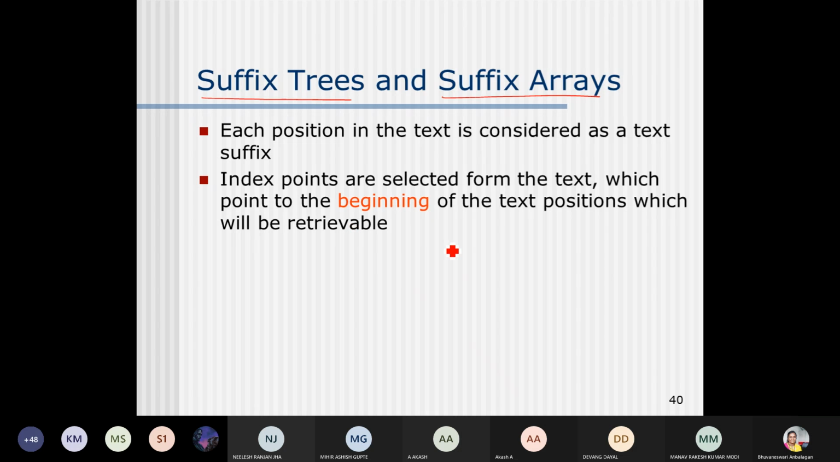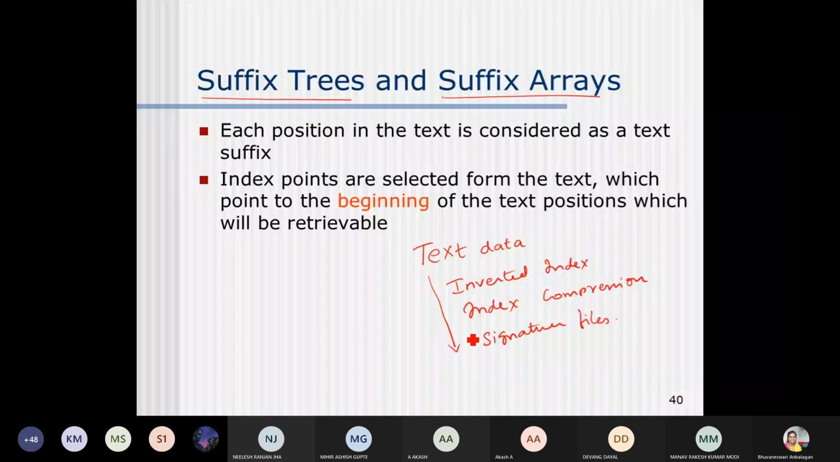So dear students, in this particular unit we are dealing only with text data. Am I right? Initially we had seen inverted index, and then index compression. In this index compression we have seen Golomb encoding, Elias gamma, Elias delta, and variable byte encoding. Then later we have seen signature files. Now, in the same order,